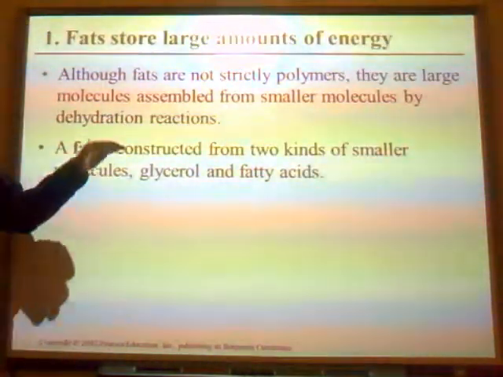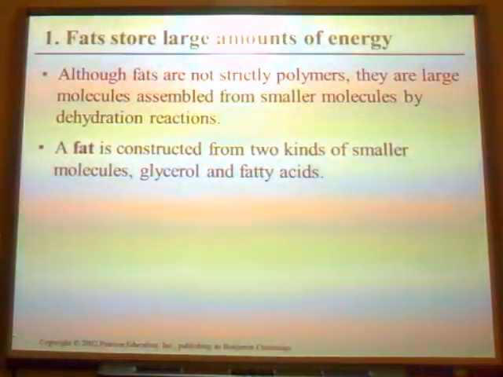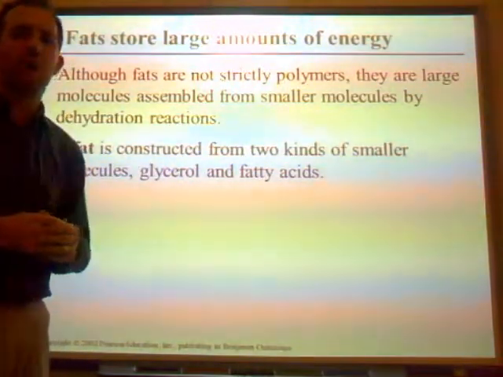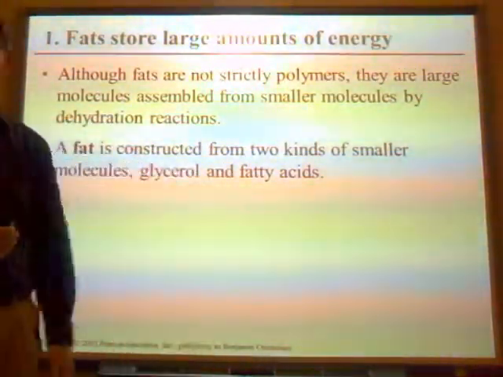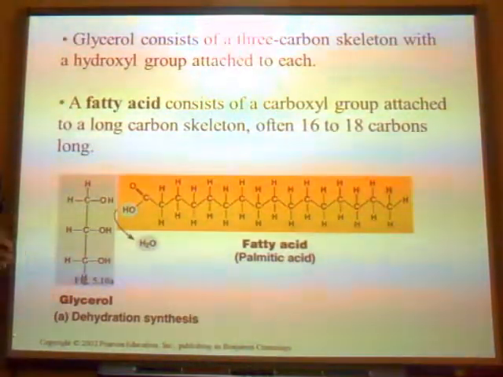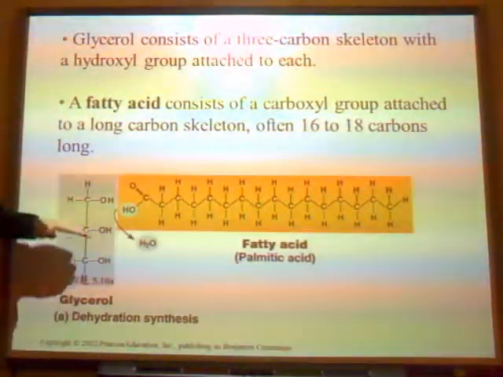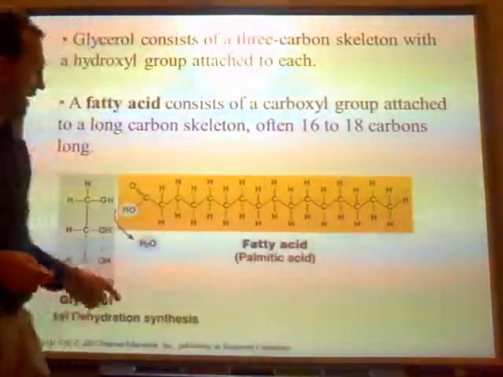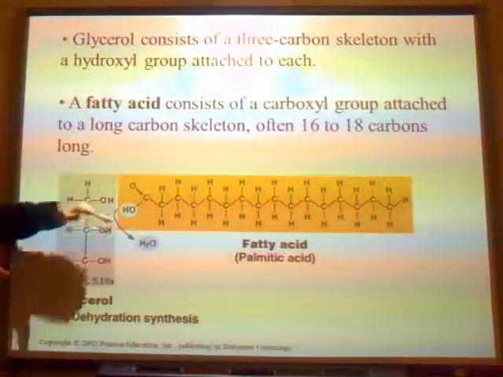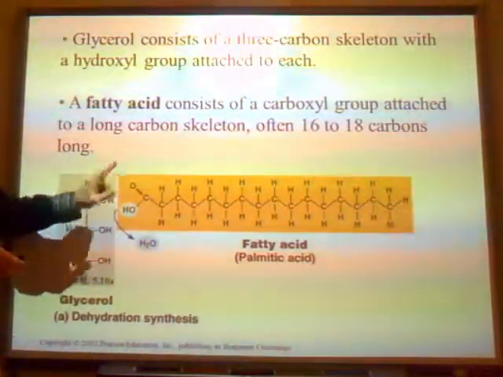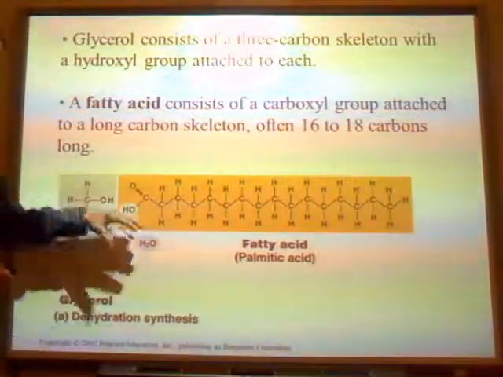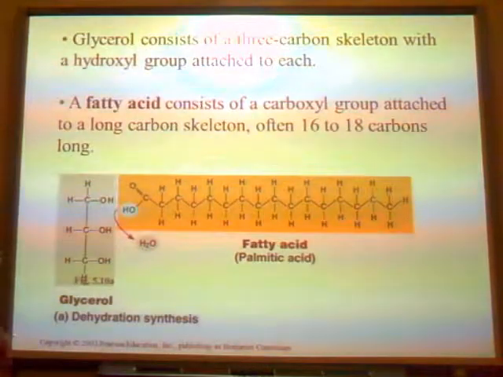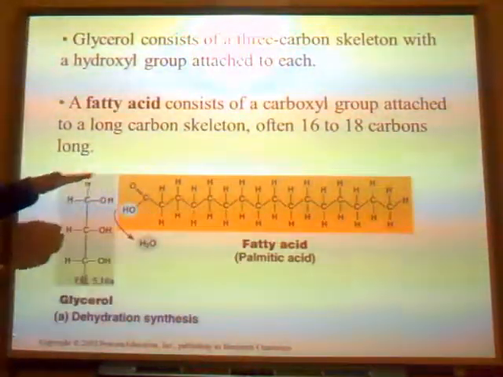So we're going to start out first by looking at what is called a fat. Fats are formed by two different molecules that come together, glycerol and fatty acids. Here's a diagram of that. Here is our glycerol skeleton, and that glycerol skeleton is going to attach to a fatty acid through dehydration synthesis. So we see the water being formed. You've got the hydrogen here, and you've got the hydroxyl group here. They come together, they form water, and now we form this linkage